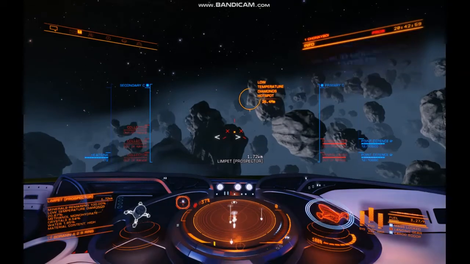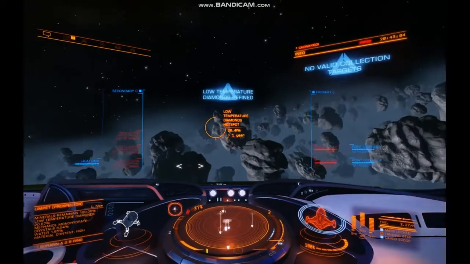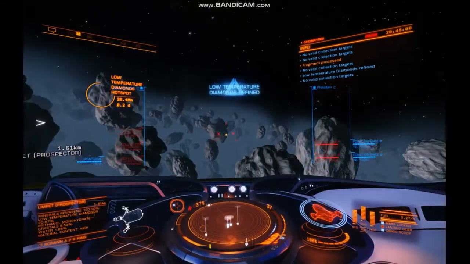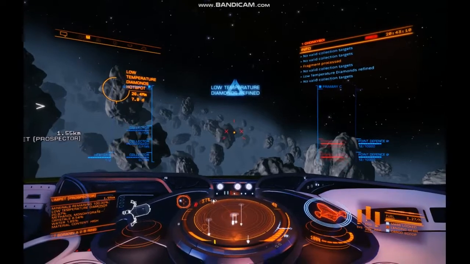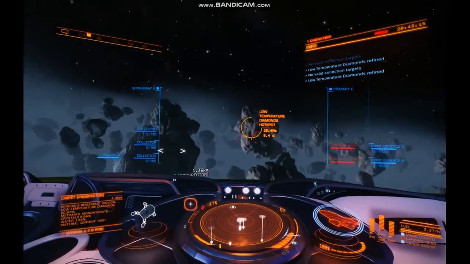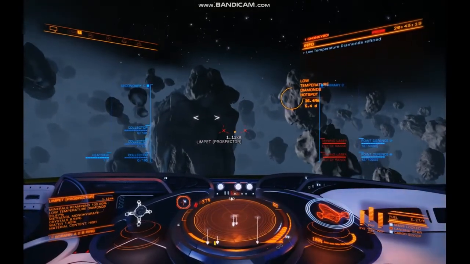On another note as well, your limpets have a limited lifespan. A-rated limpets have 12 minutes of life, and then after that, they're dead. So the timer is always counting, and the whole idea here is you don't want to waste them. You don't want to expend them too fast. So because we've now got another rock we're going to hit, what we're going to do...